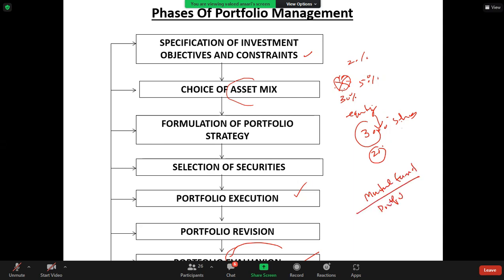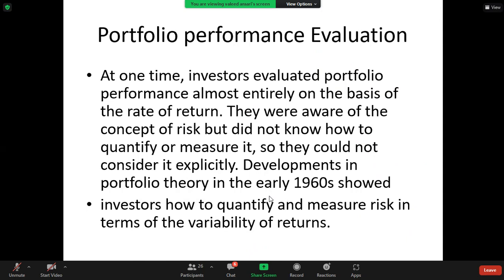For example, if you want to know about the performance of a mutual fund, then one can use it, or performance of a security, one can use it. And all these methods which I am going to discuss are based on the model which I have already discussed with you, known as CAPM, Capital Asset Pricing Model. So let us go through this thing. But first, some history about evaluation. You know that